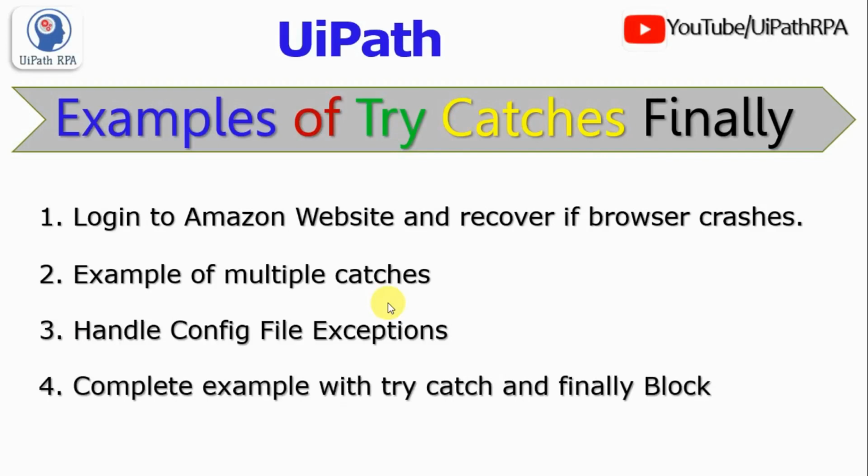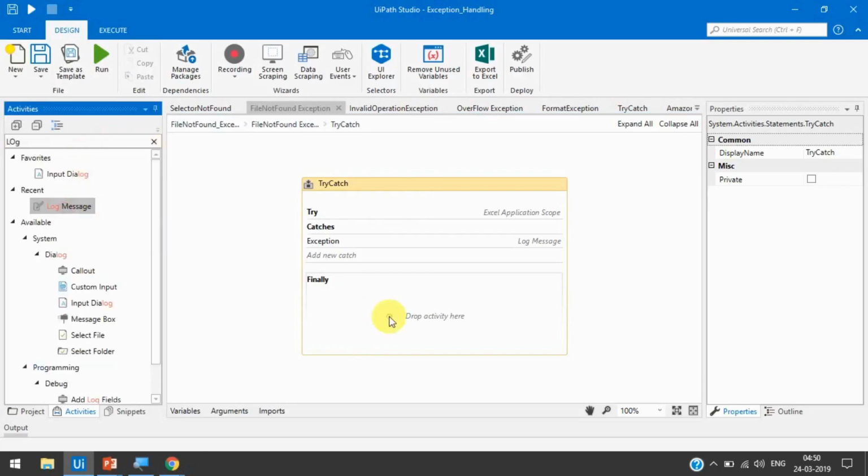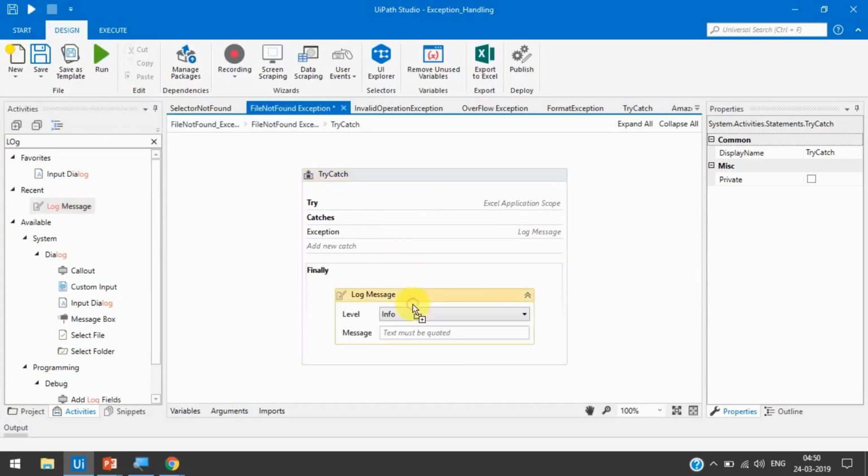Fourth, we'll see here the complete example with try, catch, and the finally block. As you already learned about the try and catch blocks, now I'm just going to show you what we can use the finally block for. As I already told you, you can write here some code that must be executed every time, whether the exception occurred or not. And this could be like cleanup code. So we'll take here one log message in the finally block, and we'll write here information: finally block